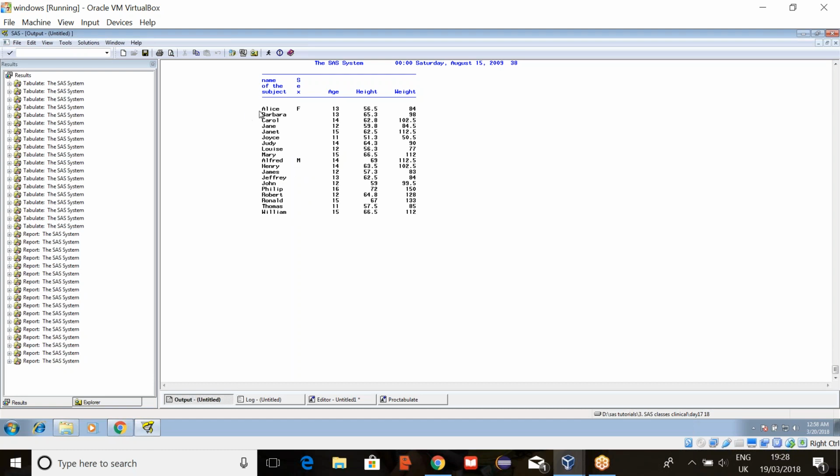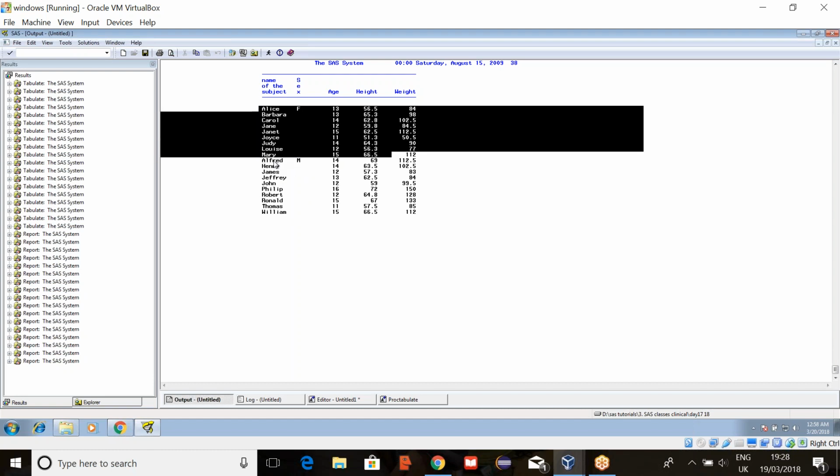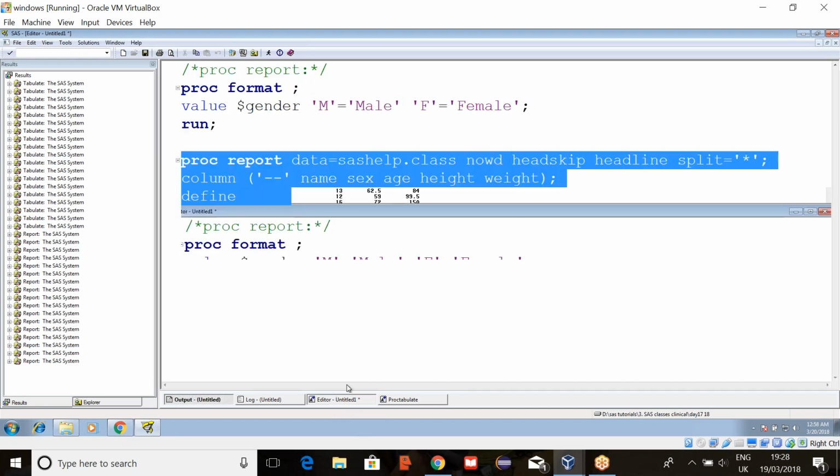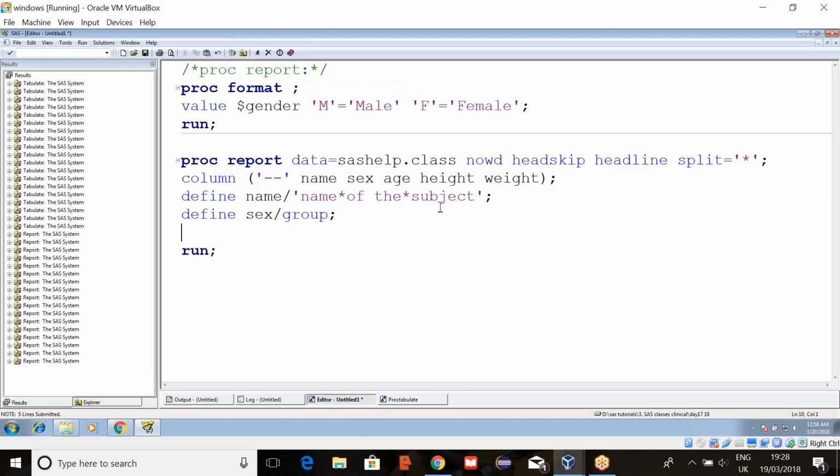Okay, now here I want to maintain some space after the female records, between female and male. Then we need to break this variable. So here write another statement called break. Break after sex slash skip. Skip gives you a space.